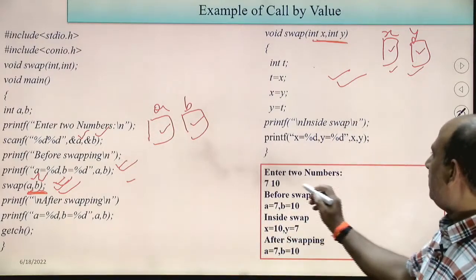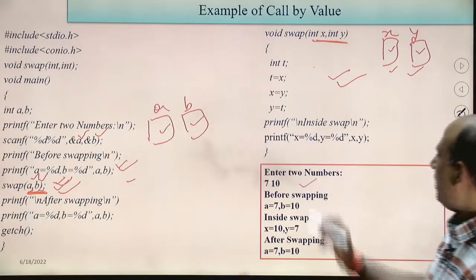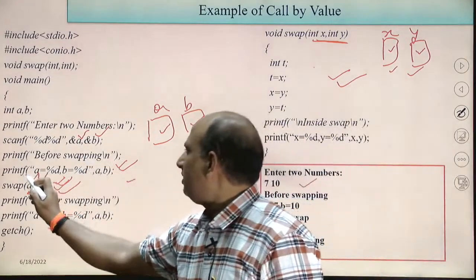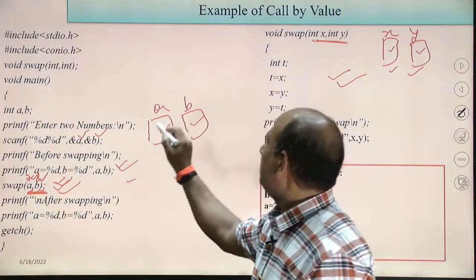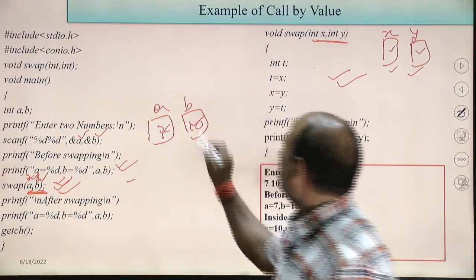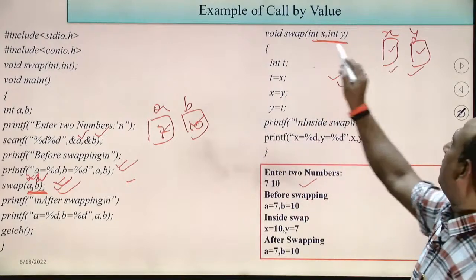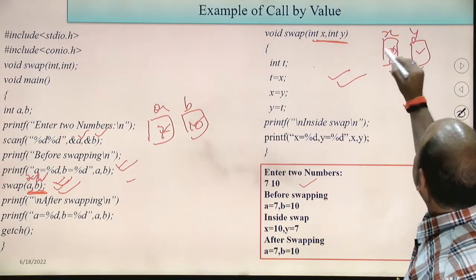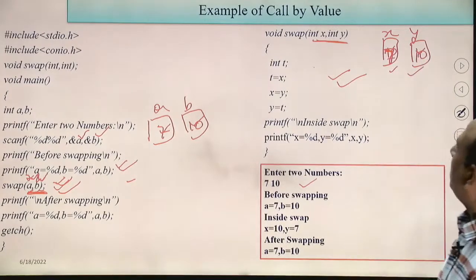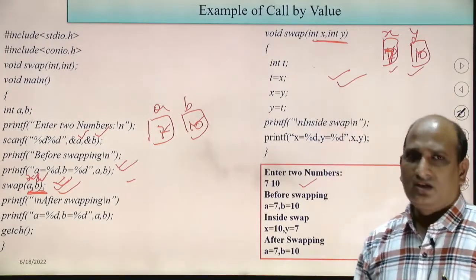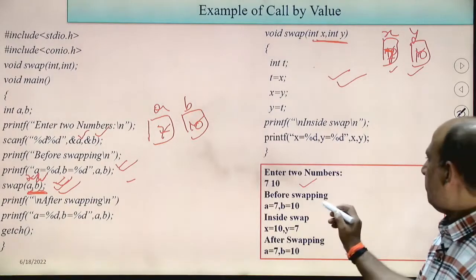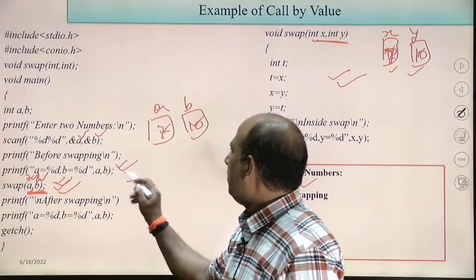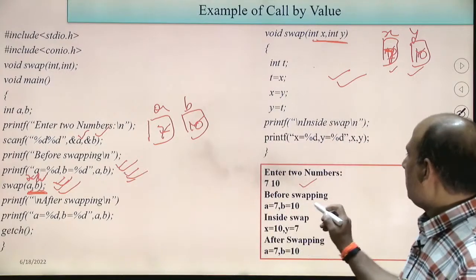We can see the output: two numbers I have entered, 7 and 10, which are the values of a and b. Here 7 is stored, here 10 has been stored, and 7 and 10 are copied here, and these copied values are swapped. So before calling this function swap, the values of a and b are 7 and 10,